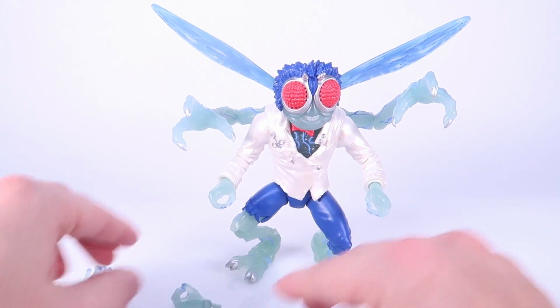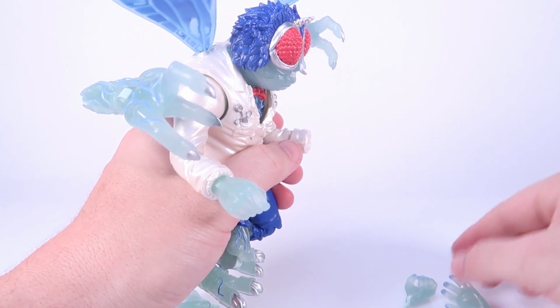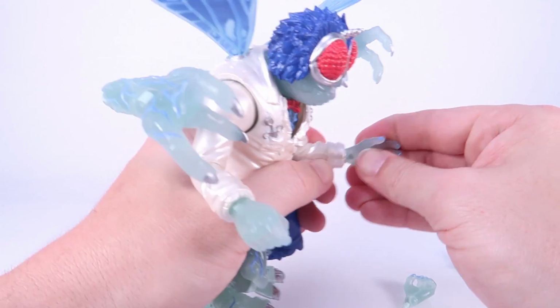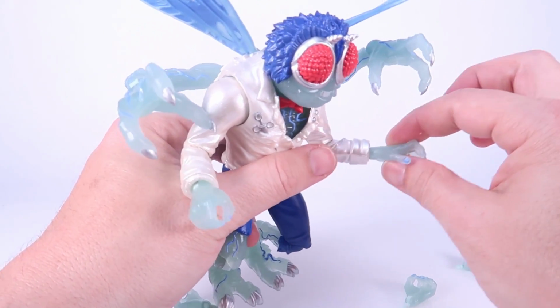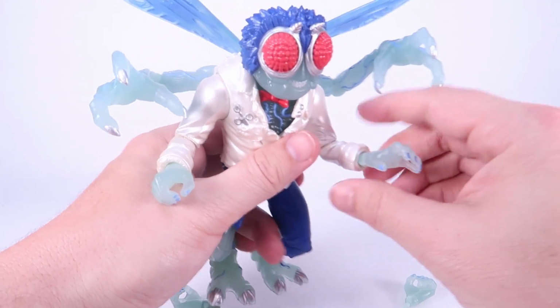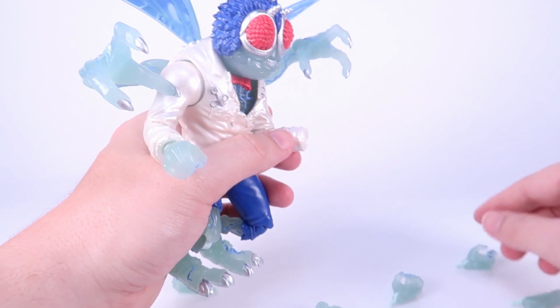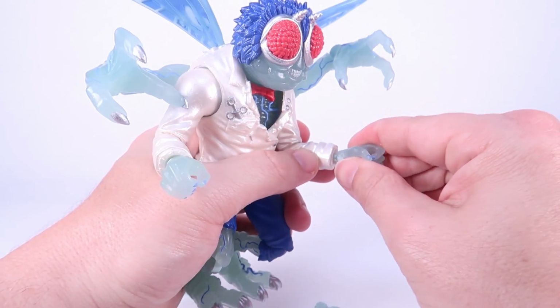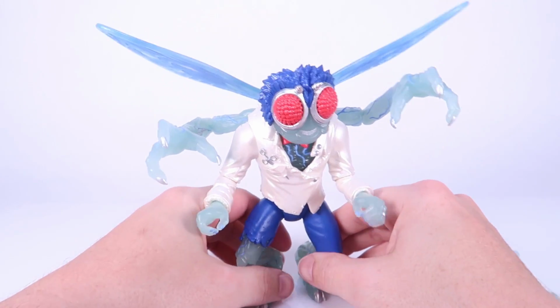So you've got lots of options for switching the hands. These pull right out of the wrist. They're on a peg joint there. You can plug the new one in place. Works very, very easily. It actually is a really nice sturdy grip in there as well. You can see we can still swivel it. It's got the same hinge joints. So you can mix and match those parts depending on how you want to pose them or depending on what accessory you want the figure to hold on to. So I'm going to go ahead and put in the tighter grip there